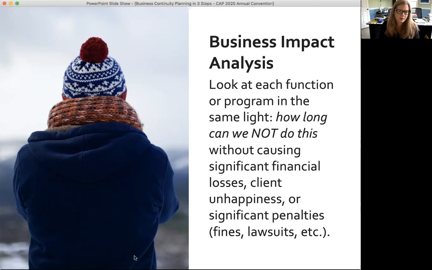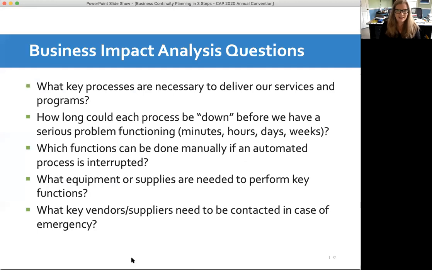So that's where it really gets difficult, is that no one in an agency really wants to admit that their program could be taken offline for a period of time. So you kind of want to ease into doing this. So some of the questions that are helpful in doing this business impact analysis are things like, what are the